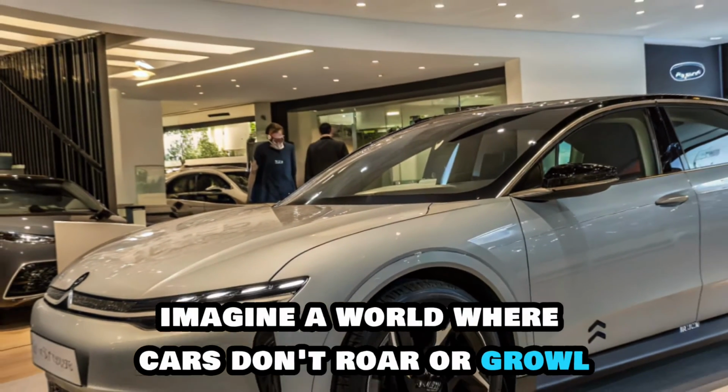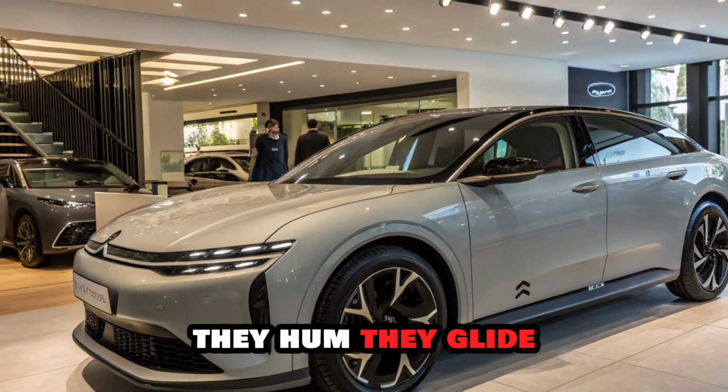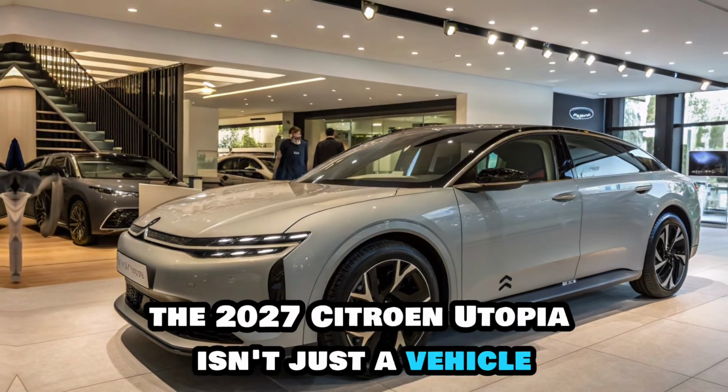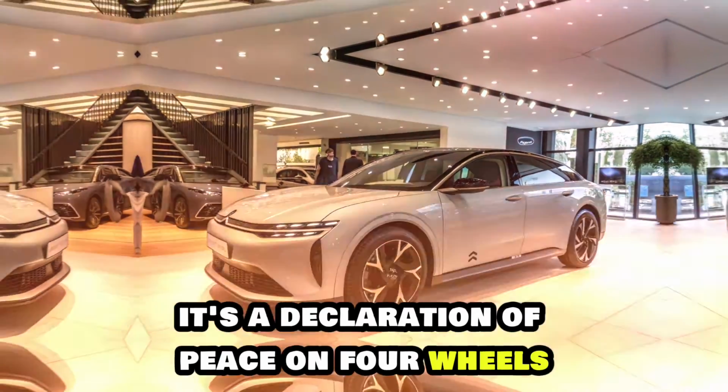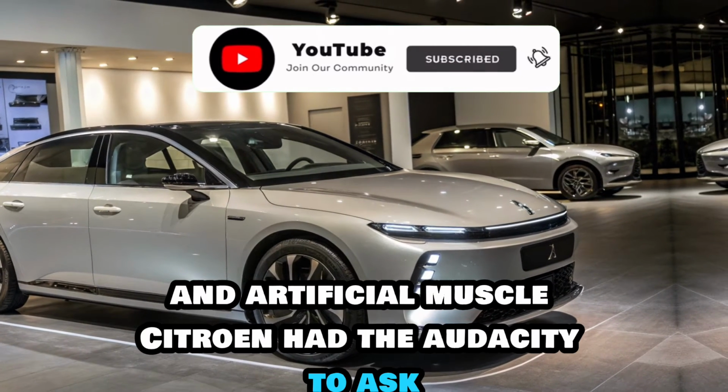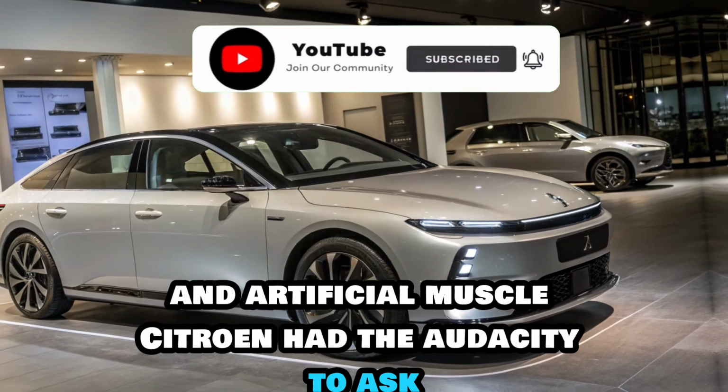Imagine a world where cars don't roar or growl, they hum, they glide, they breathe. The 2027 Citroën Utopia isn't just a vehicle. It's a declaration of peace on four wheels. In a market obsessed with aggressive styling and artificial muscle, Citroën had the audacity to ask, what if we designed